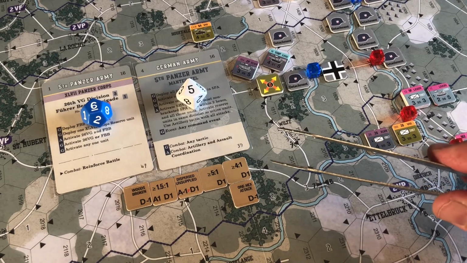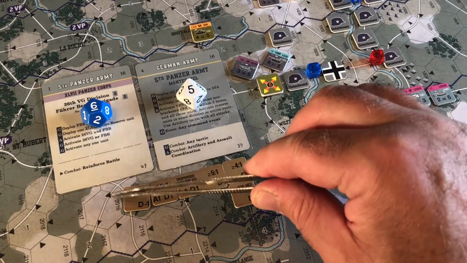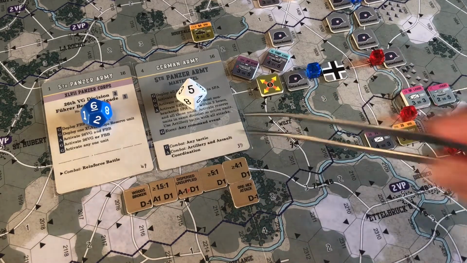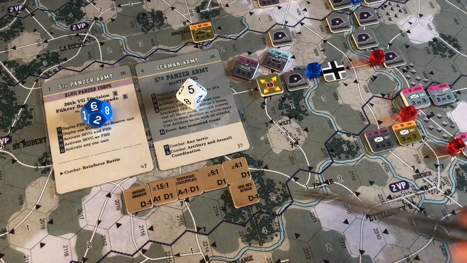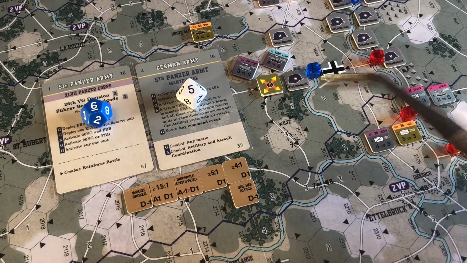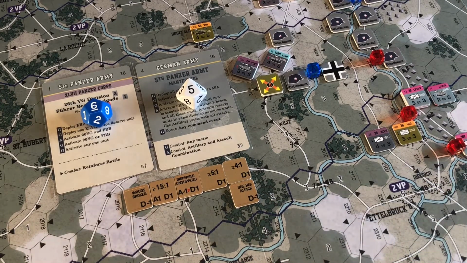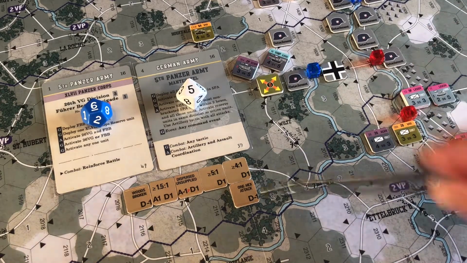Yeah, 1.5 to 1. This was our only sort of good one, he's in the woods. And also look at this. If he hadn't reinforced the battle, he would have been a 1 hex attack. But he's not, so that doesn't apply. Obviously, the other side was a flank attack. He's not flanking, so